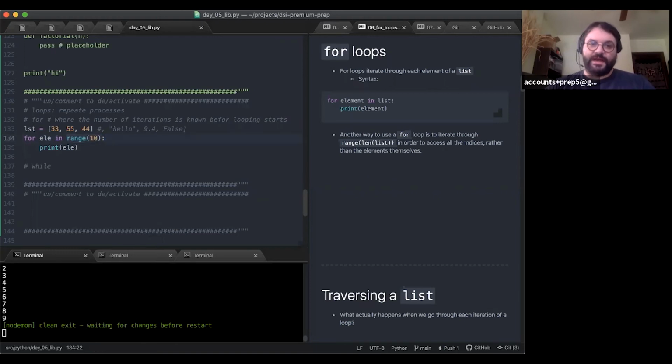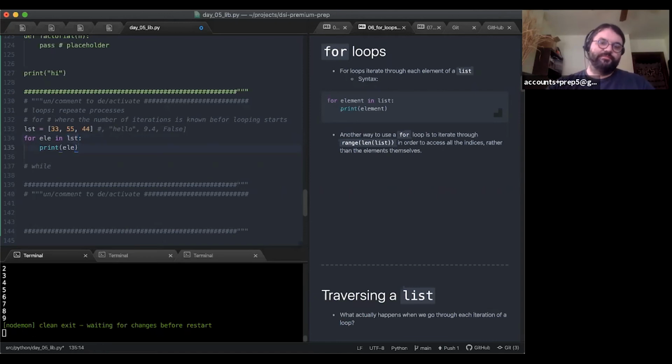You will see it outside of the context of for loops occasionally, but really you almost never see range not in the iterable portion of a for loop like this. This is overwhelmingly where we use range. And we teach it with lists because almost always when we have a list, at some point we're going to want to iterate through it and do something to each element in the list.